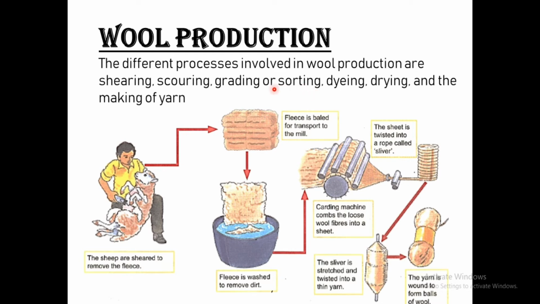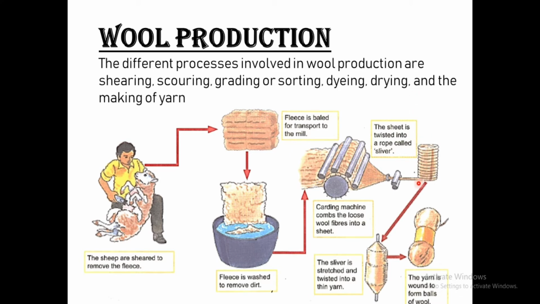It is then sent for dyeing. Basically, the wool of the sheep is of three colors, commonly: white, brown or black. But you get sweaters and shawls in different colors, right? How is that? It is because they are dyed. And after dyeing, it is put in big containers and with the help of machines, drying also takes place. And then it is sent to the mill.